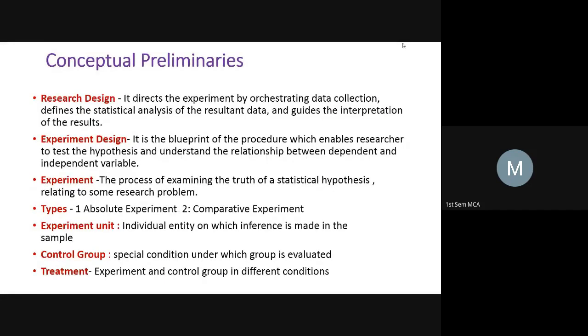So is this clear to all of you? Any clarifications in the concept? No, sir. Because if you don't understand these things, other things you cannot understand. You have to clearly understand what is experiment design, experiment unit, treatment, control group, and dependent and independent variables. If you are okay, I will just go to the next slide. Any clarifications here? No, sir. Okay, fine.